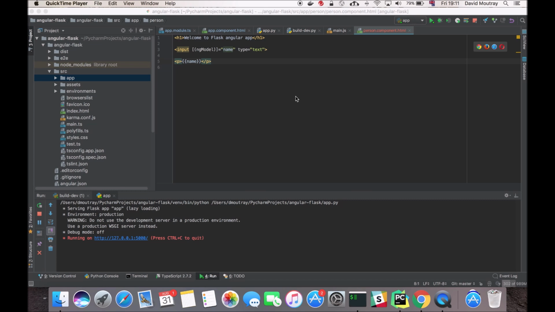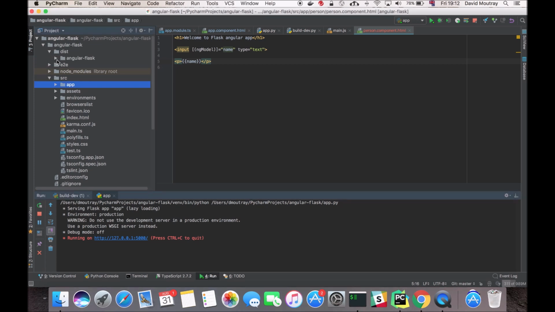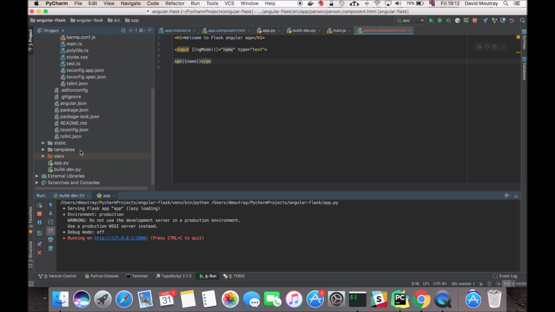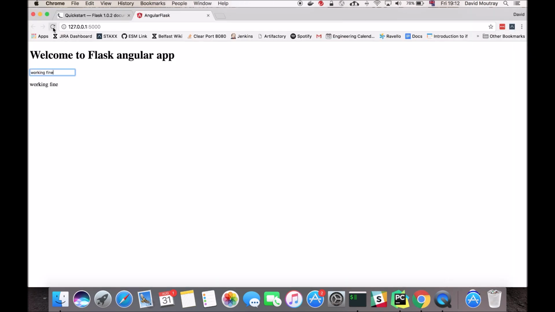So in this video I'm going to walk you through a script that I've written that automatically compiles and builds the JS files periodically, and actually watches for changes in the development code. And also there's a bit of code in there that is going to check the dist folder where our Angular gets built out to, and it's going to copy the HTML and JavaScript files into our static and templates folders respectively. So without further ado, first of all, I'm going to go to the web app and I'm going to